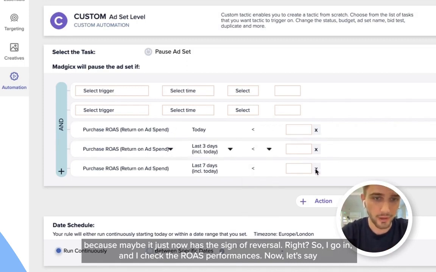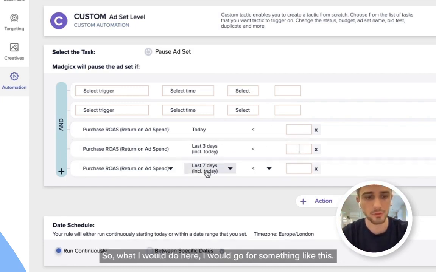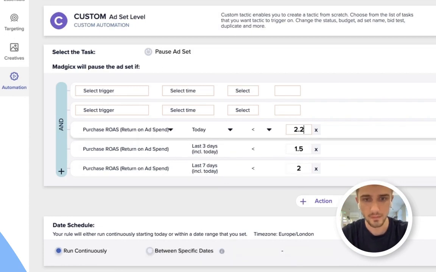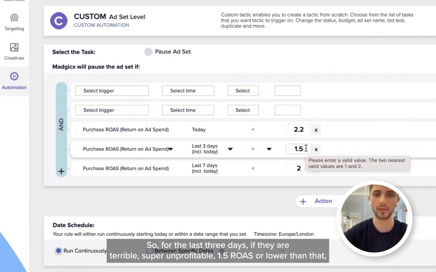So I go in and I check the ROAS performances. Now, let's say the break even for me is 2, right? So if I'm generating a 2 ROAS, I start making money on my ad sets. So what I would do here, I would go for something like this. For the last 3 days, if they're terrible, super unprofitable, 1.5 ROAS or lower than that, I want to